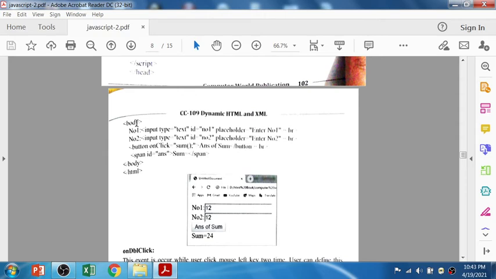Let's see the body tag. In the body tag there is an input type text, the text box id is number1, placeholder is enter number, br tag, so in the next line number2, input type text box, number2 is the id, placeholder enter number2, br tag, and then button.